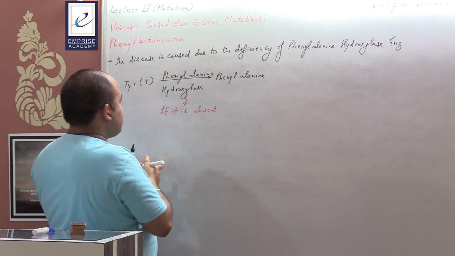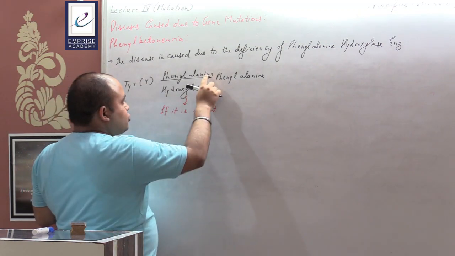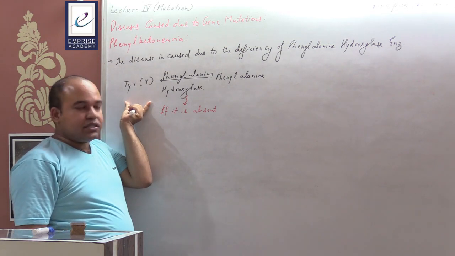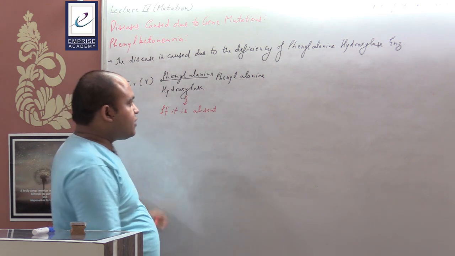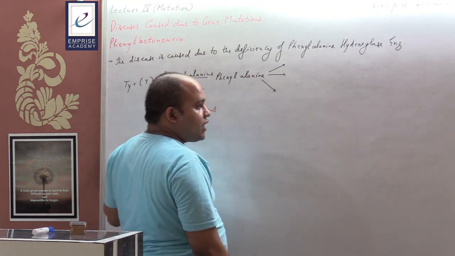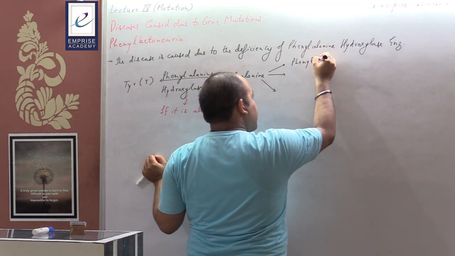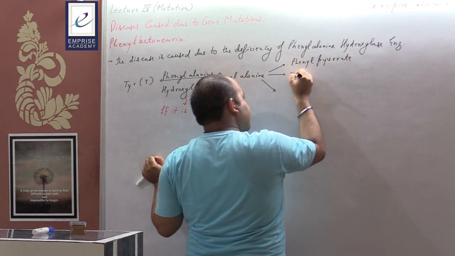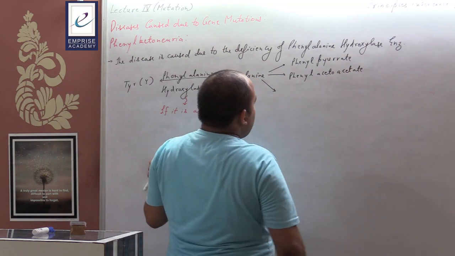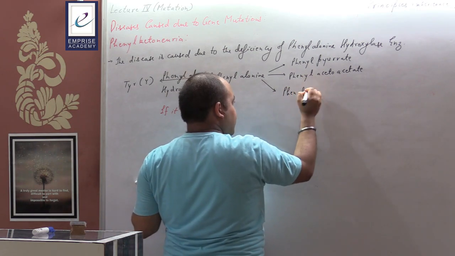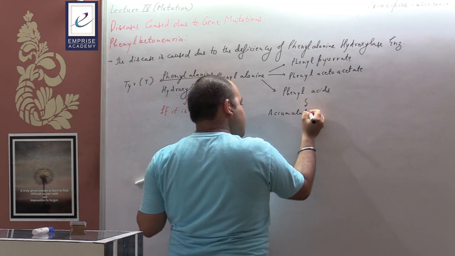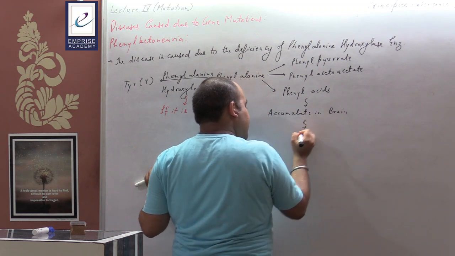Sorry students, in this disease what is going to happen? Phenylalanine is going to get converted into tyrosine. In this disease, if phenylalanine hydroxylase enzyme is absent, then the phenylalanine will not get converted into tyrosine, but will get converted into other compounds. Which are those compounds? It will get converted into phenylpyruvate, phenylacetoacetate, or phenyl acids. These will accumulate in the brain and cause mental retardation